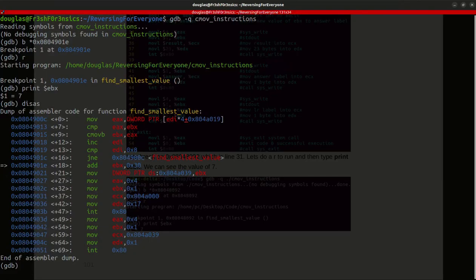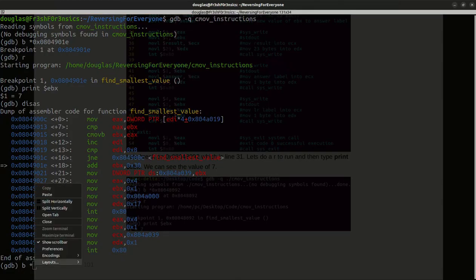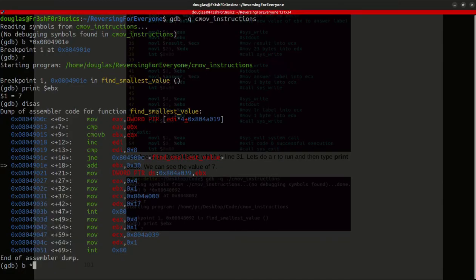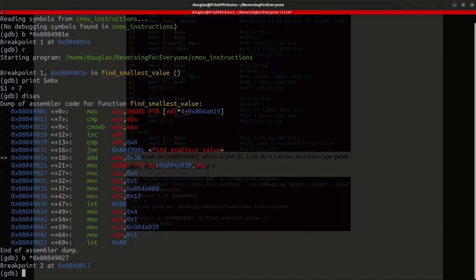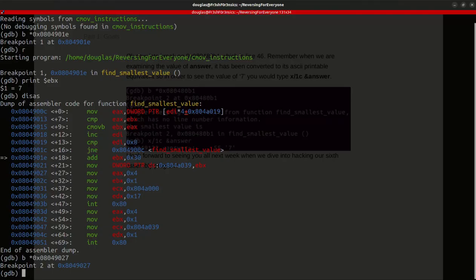and we are going to set another breakpoint on that hexadecimal address. So I have breakpoint 2 that has been set. I'm going to single step with S,